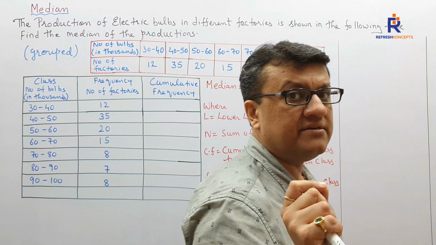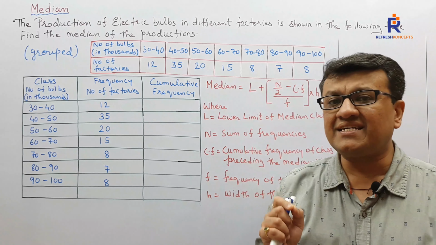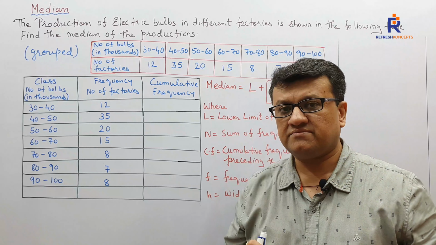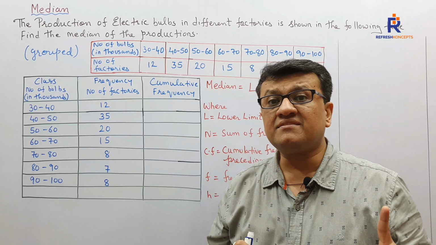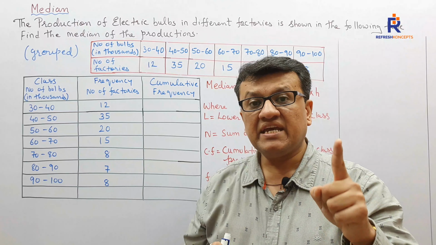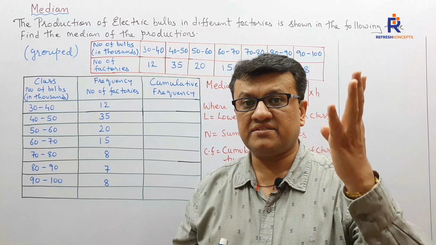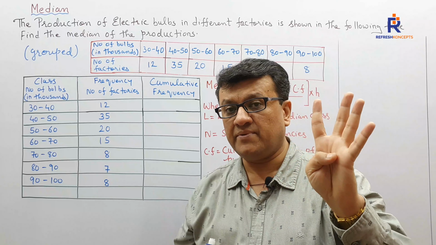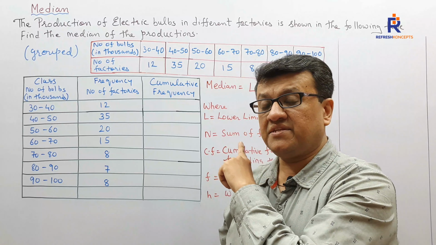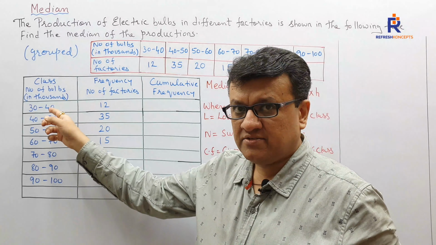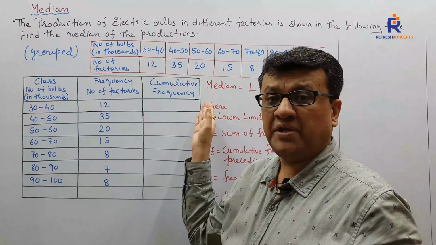So very first step, children, drill this in your mind. If the classes aren't continuous, the very first step is to make the classes continuous. If we need to make classes continuous, there shall be 4 columns. How many columns we need to have? 4. And other than that, 3. Since here the classes are continuous one, so I have only 3 columns, 1, 2 and 3.